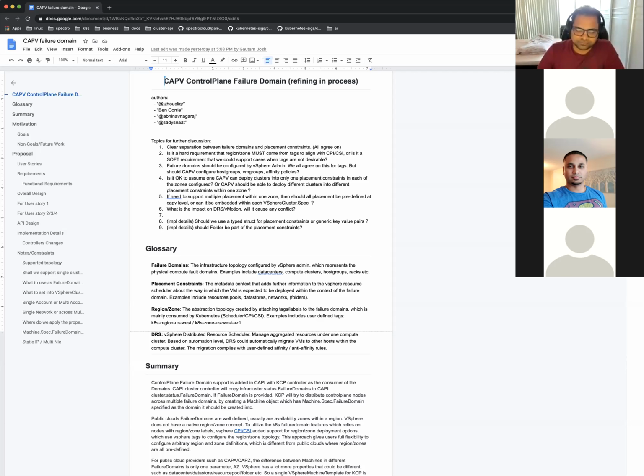So my thinking is like this: since the affinity and anti-affinity rules are tied, in this specific case, because we are only dealing with VMs, the unit of scheduling is the VM. So that is the tolerations part of it.